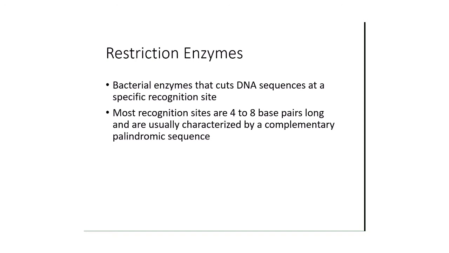The bacteria's own DNA will not be affected by the restriction enzyme because it is going to be methylated. Basically, what that means is, let's say there is a DNA sequence here in the bacteria, and what they will do is put CH3 on it, and this is called methylation. By methylating it, it's going to protect it from the restriction enzymes. So the restriction enzymes will only cut foreign DNA that the bacteria may have accidentally picked up from the environment